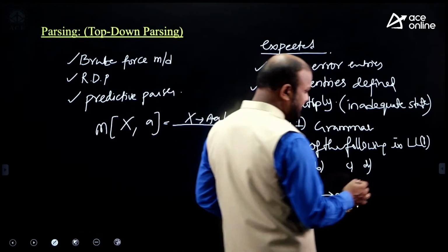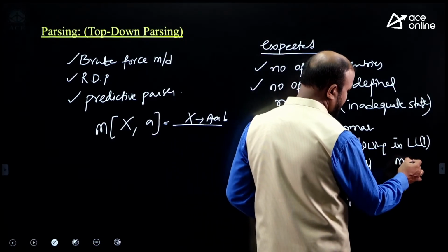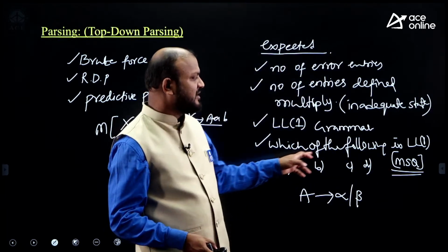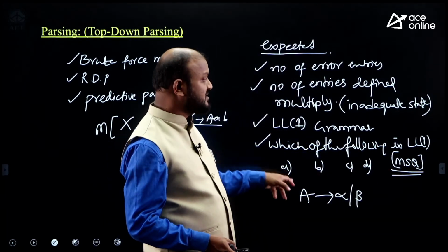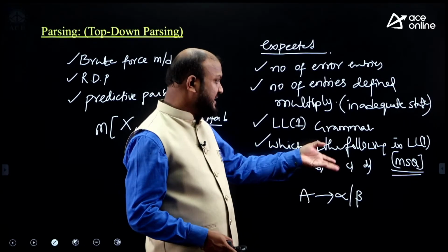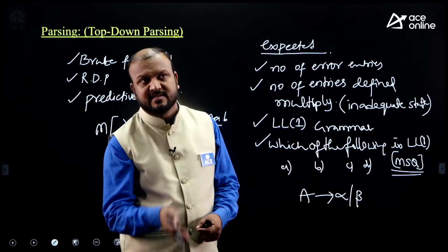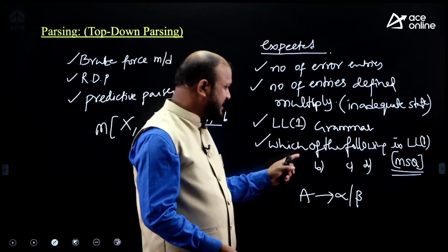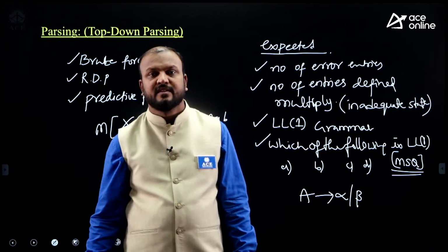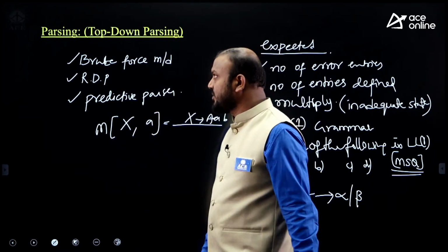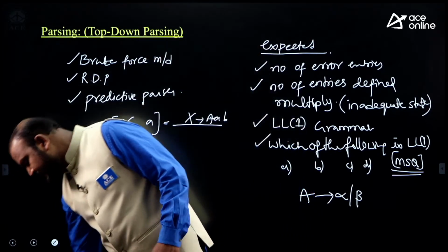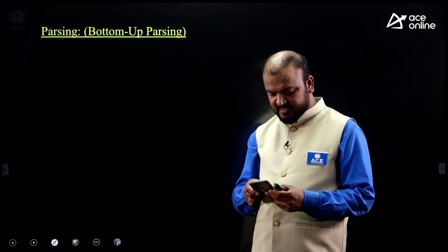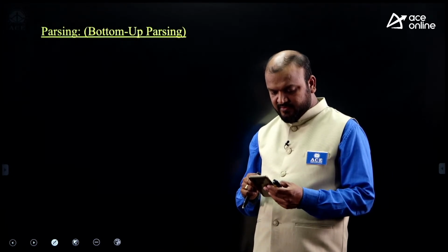So this time I can definitely expect a multiple selection question on checking LL-1. So far no question has been asked on LL-1 directly, but LL-1 was asked in the bottom-up parsers, like whether the above grammar is LL-1 or not. But you can expect an MSQ question this time. This is from the top-down parsing. And before we go for bottom-up parsing, any doubts from any of you? I think nobody has any.